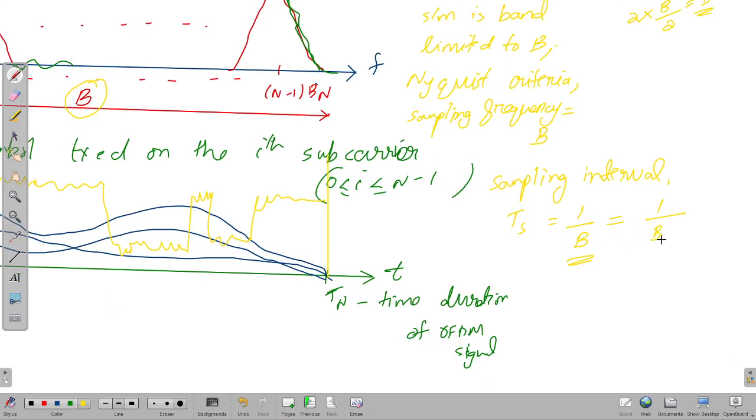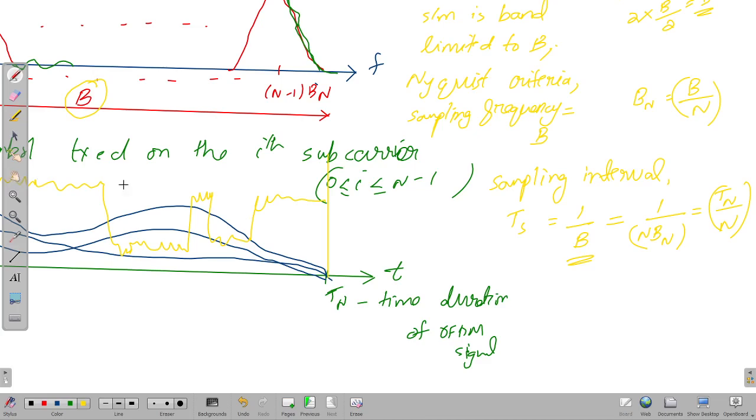B is equal to n times Bn, because you know that the bandwidth of each subcarrier Bn is equal to total bandwidth divided by n. So you have Ts equal to 1 divided by B, or 1 divided by n times Bn. This you can write, 1 by Bn is nothing but Tn divided by n,